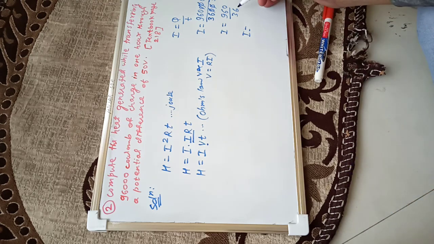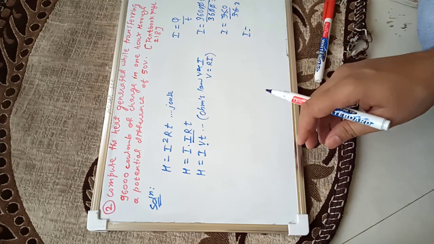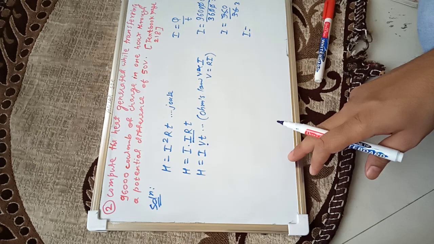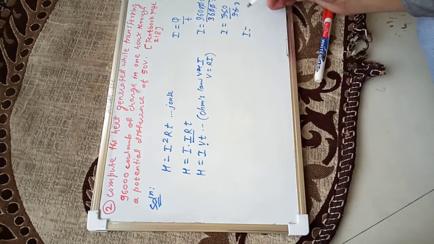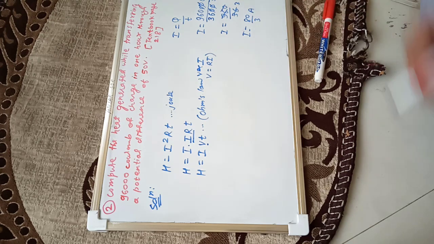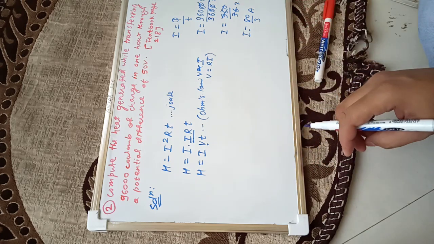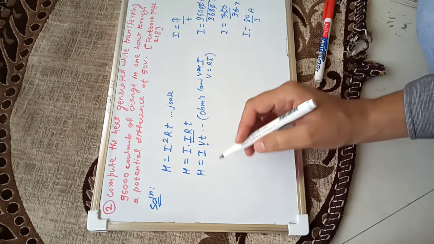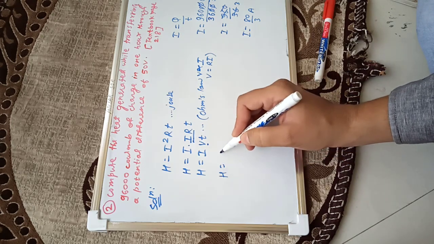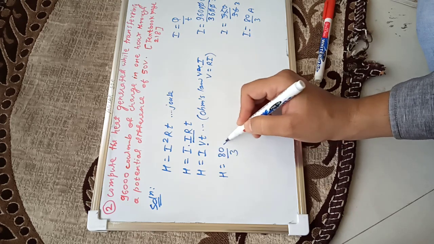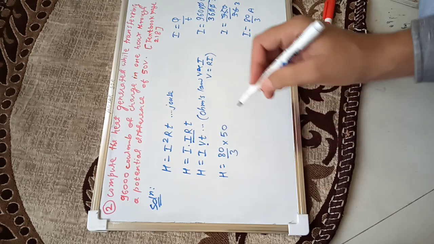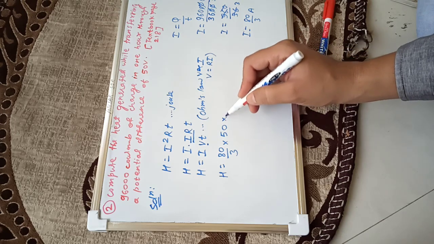12. I think 12 threes are 36. And 12 5s are 60, 12 6s are 72, 12 7s are 84, 12 8s are 96. So it will be 80. Here it will be 80 by 3 amperes. This is current. We will put it directly, because if we solve it further, the answer will be in points. So H is equal to I, electric current is 80 by 3 into potential difference is given to be 50 volt, and time,